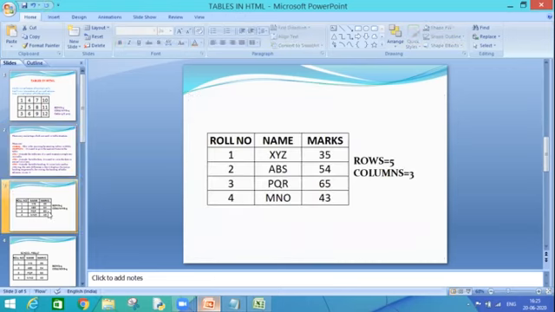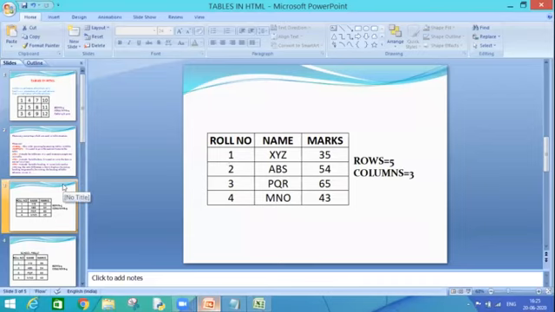Now let's see over here. As you can see, roll number, name and marks are written with bold effect and the rest of the data is entered simply. The rest of the data is entered with the help of the TD tag, and these three fields, roll number, name and marks, are entered with the TH tag. I hope you are understanding this concept, the difference between TH and TD.